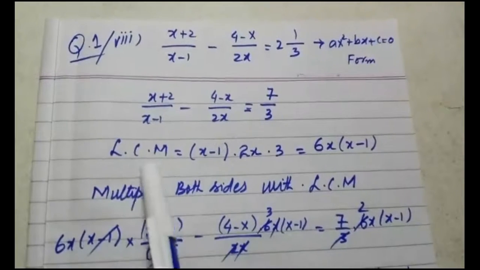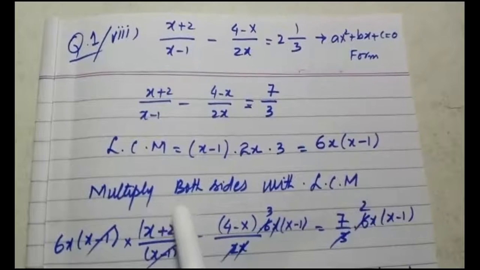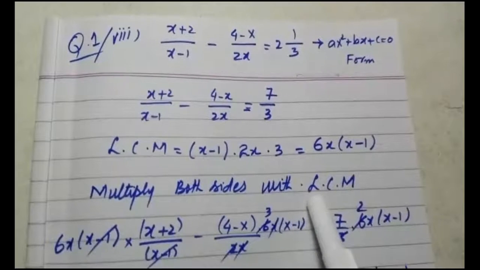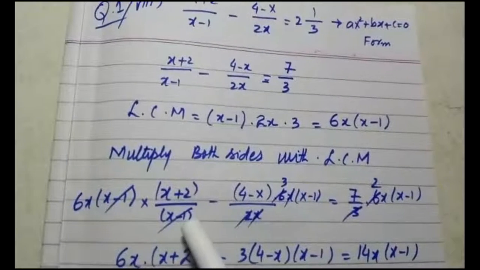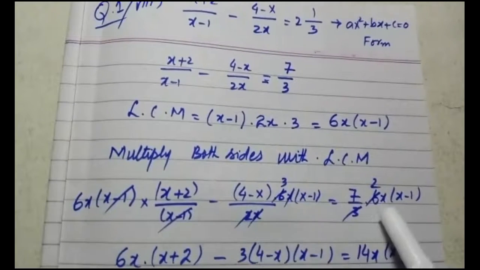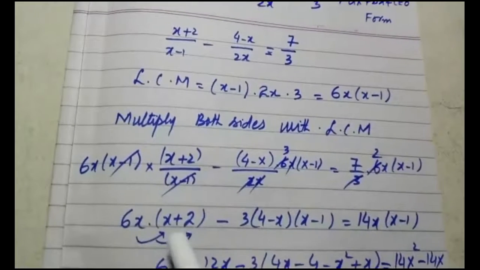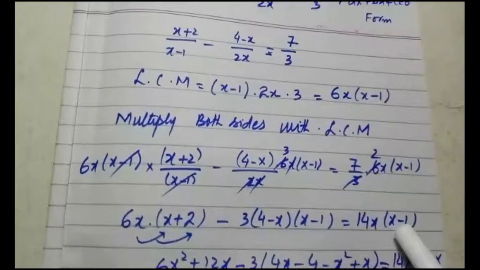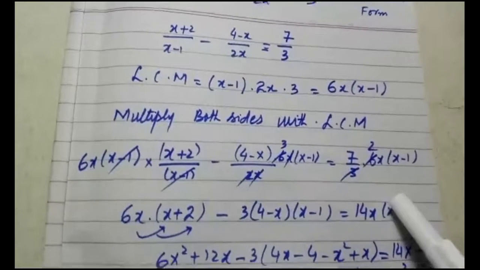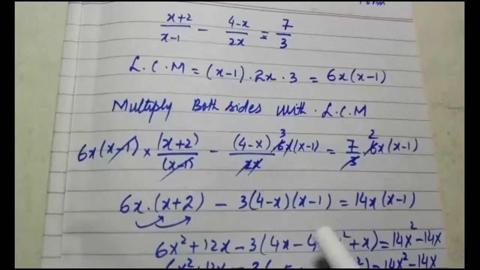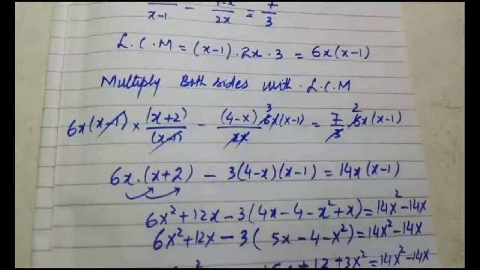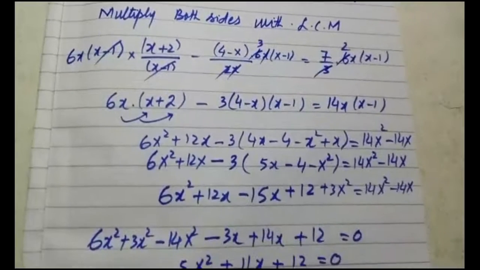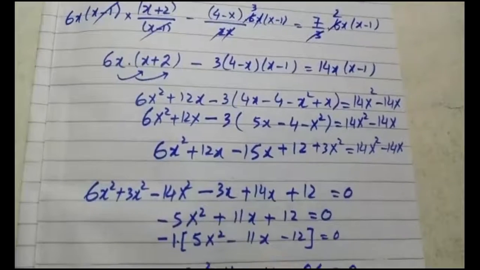I have written the LCM separately, and then I have written that multiply both sides with the LCM. First, I have calculated what should be the LCM, and then I have multiplied every fraction with the LCM, and you will see that all these fractions will be cancelled, and after the cancellation, you will get the terms without fraction sign. Then the ordinary multiplication of brackets will be done. You will start multiplying the brackets inside, and then you will simplify it. And in the simplification, you have to be very careful about it, because if your standard quadratic equation is wrong, your solution will be wrong. Fine.